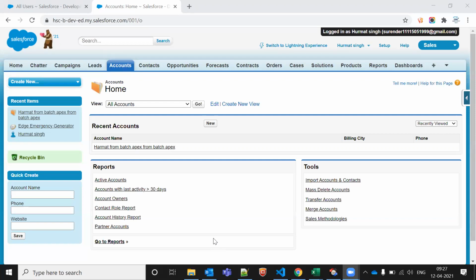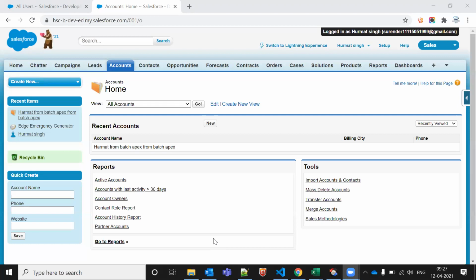Okay, fine. Tell me, what can we achieve from workflow and cannot achieve from process builder? Outbound message. New task. New task we can also do from process builder, right? Are you sure?